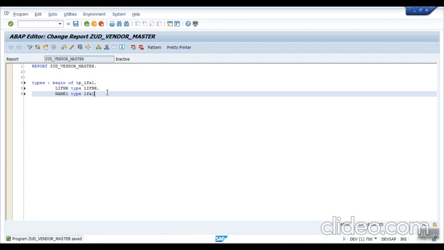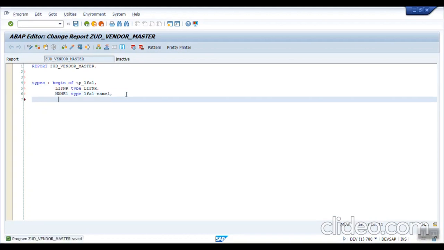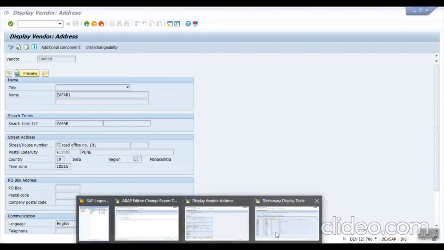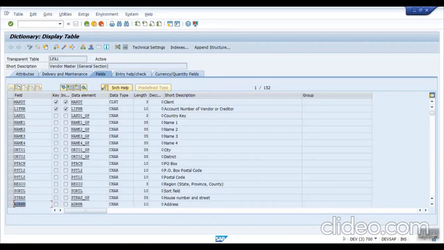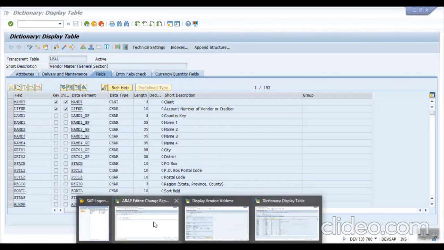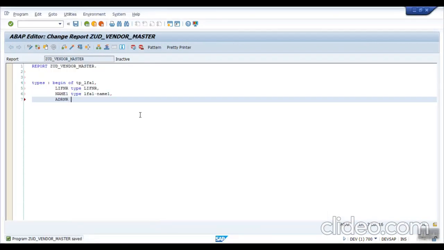I can write as LFA1 NAME1. And also, as I mentioned, the important field from the address table point of view, that is ADRNR. The data element is the same, type ADRNR.